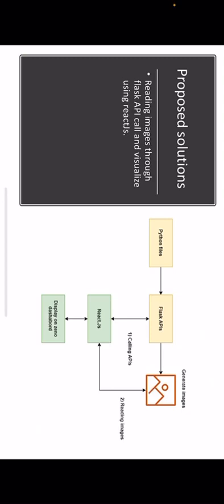And we use Python files and Flask APIs to generate images, and these Flask APIs are directly converted to React.js, and the code will directly appear on the Geno dashboard. The images directly appear in the Geno dashboard by using Python code.